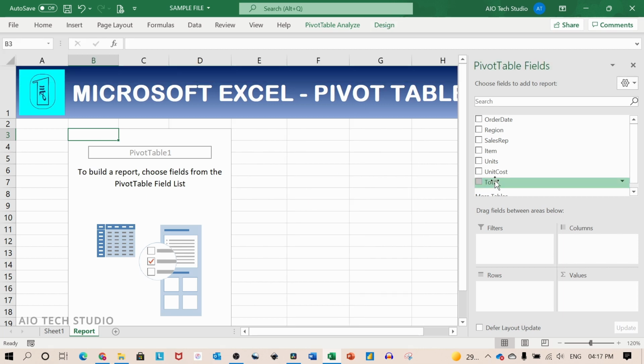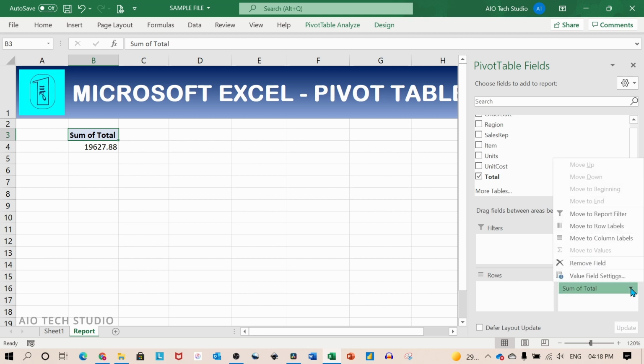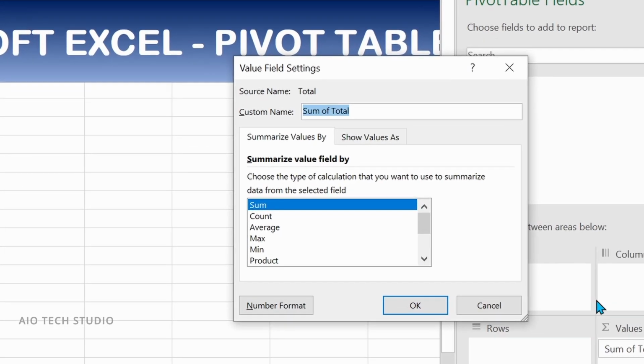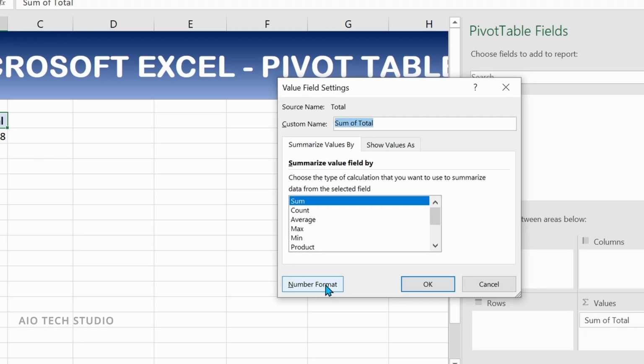To build a report, we need to drag and drop any of the fields to the area below. So let's add the total to the values. This gives us the sum of the total. By default, Excel will sum the number field, and for the text field, it will give us summarize by count. To change the summarize, go to the field setting and you can change it as per your requirement. You can also change the number format